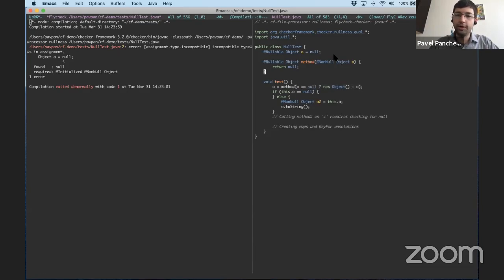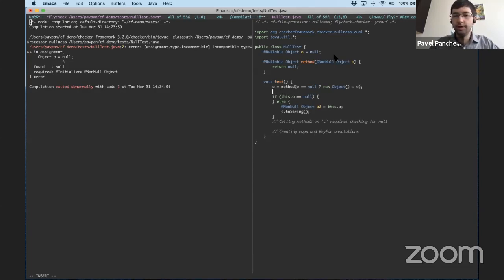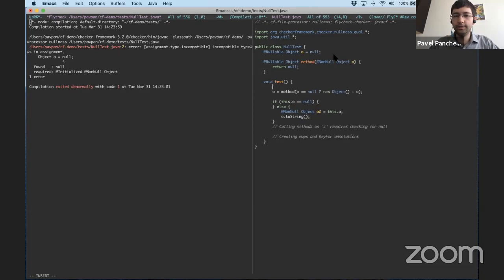And then I'm taking that result, which is nullable, and assigning it back to O, which is a nullable object, and that's valid. If I were to instead attempt to assign this to a non-null object P, then I should expect to see some kind of issue. Oh, non-null object P, sorry. So now I'm getting an incompatibility. Bradley, and thanks by the way, Bradley, for posting that link.